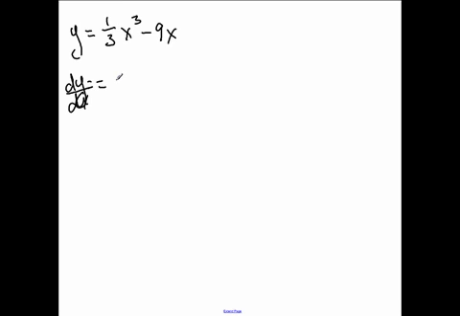So dy/dx equals, what is that, x squared minus 9. And of course the roots of this are x equals plus or minus 3. Well, let's just look at it this way. We know what the roots of this are. The critical points are x equals plus or minus 3. If we put these on the first derivative number line,